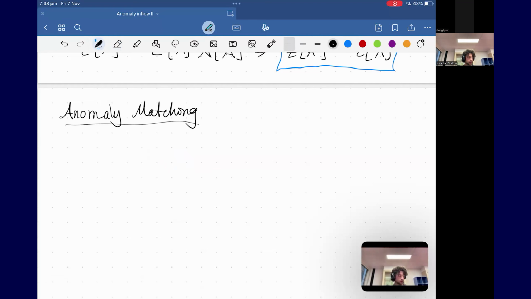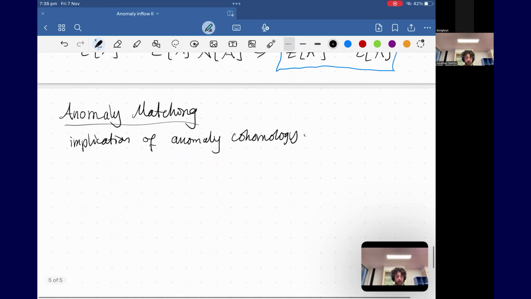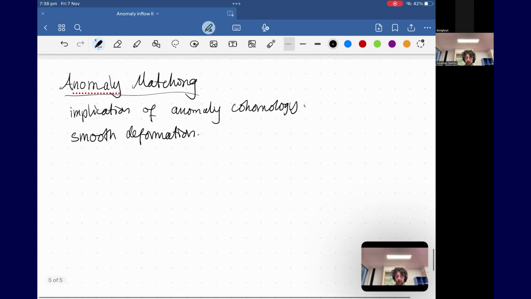So this is really all an implication of the anomaly cohomology. And in particular, we can consider, so we wanted this smooth deformations. And in the picture of the anomaly inflow, we can consider smooth deformations